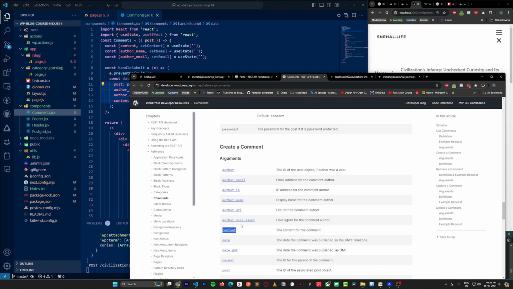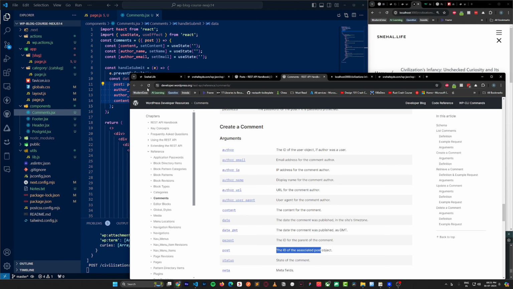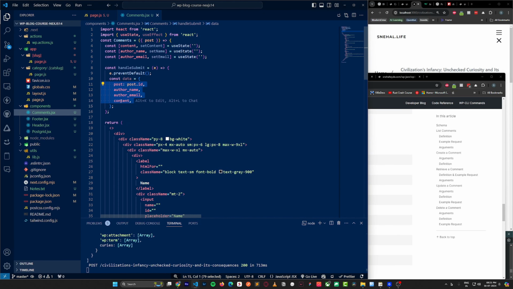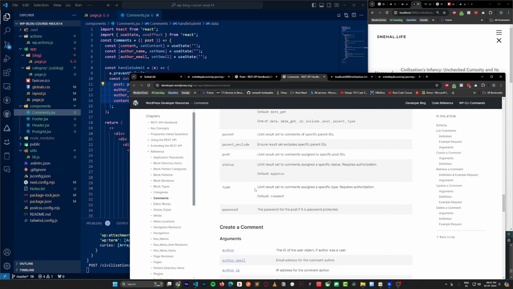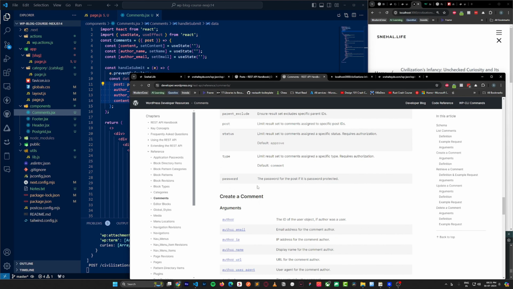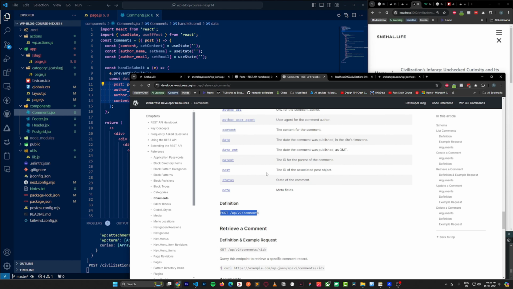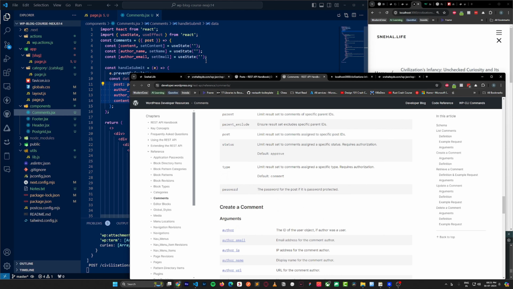Those three things are mandatory when we post it. Of course, the ID is also important. So these four things which we have already mentioned here: post, author name, author email, and content. These we need to post. Where we need to do that? Here on this URL, on the endpoint. Perfect. So let's go back to our code